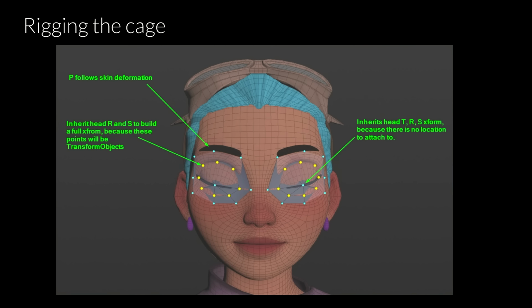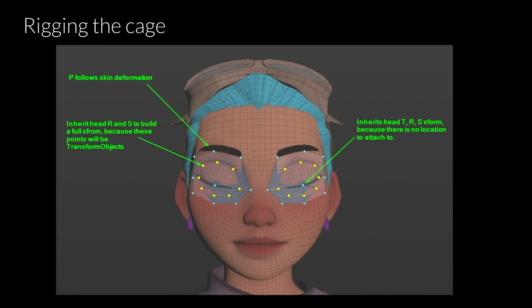The yellow ones do the same thing, but we need to take into account that they're gonna be animated by the animator. So they need to become joints. So they need to have rotation and scaling attributes. We could find them or compute them according to the normal and the tangents of those points. But because it's a region that's going to deform a lot, it could look unstable. So to have very stable and really well-aligned joints here, we can simply take the orientation and scaling of